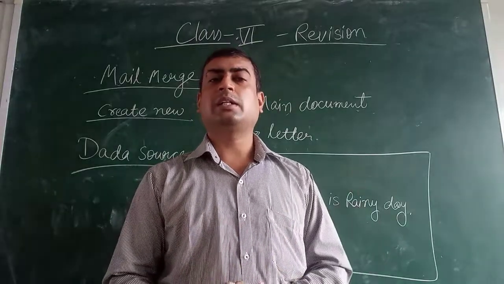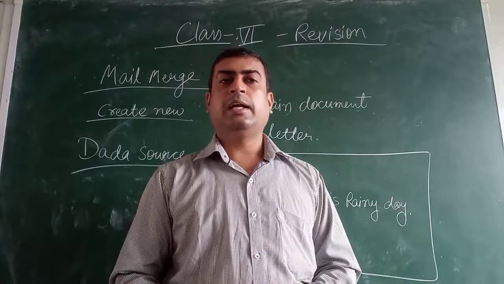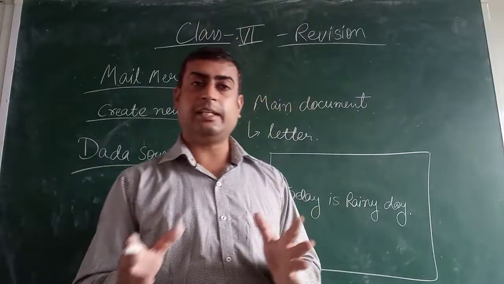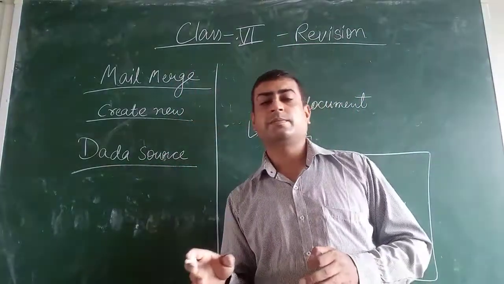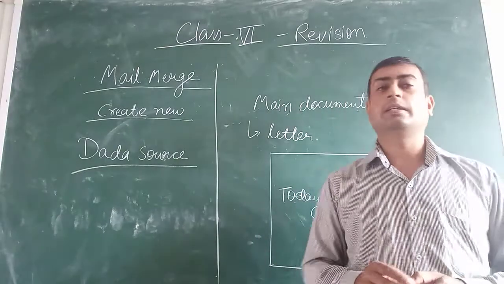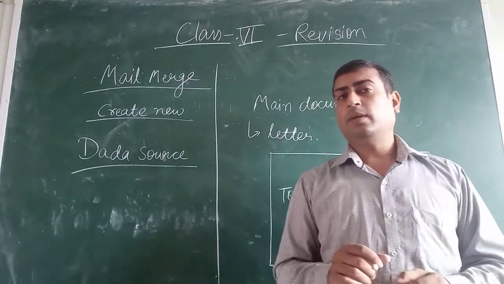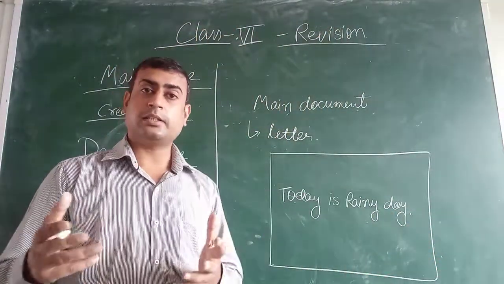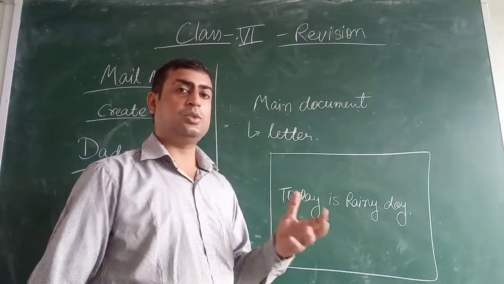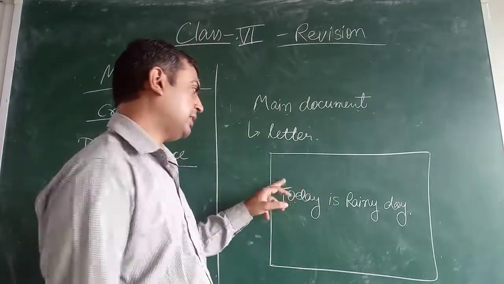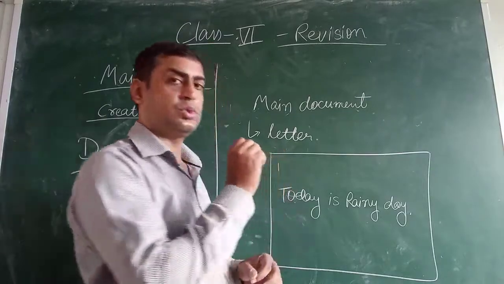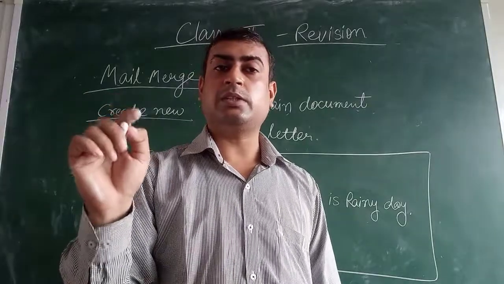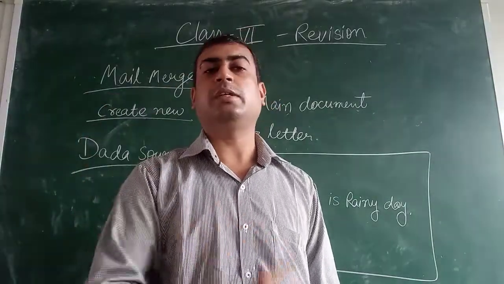Now you have to click up side on insert data source, and in insert data source you will get the fields which you have already created in that particular data source. Now you have to select one by one what you want. Let's say, for example, name, address, like this it is created by you. So where you want the name to appear, here, you have to click your mouse on this position, then click on the name section. It will be inserted in your main document.